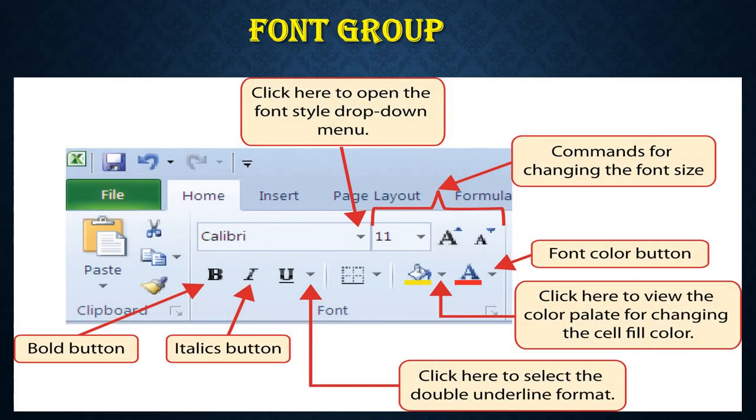Let's listen about the font group. While seeing the picture itself, we can clearly see what options are inside the font group. In the further slides we can see about this font group briefly. Now I am first saying what options are available inside the font group. Font style, then font size, we can fill the color, you can change the underline, italic, bold and border button. After that, finally we can change the background color also, we can fill the color. These many options are available. Let's see some brief about this font group.